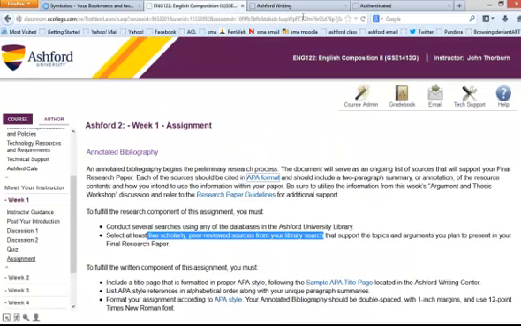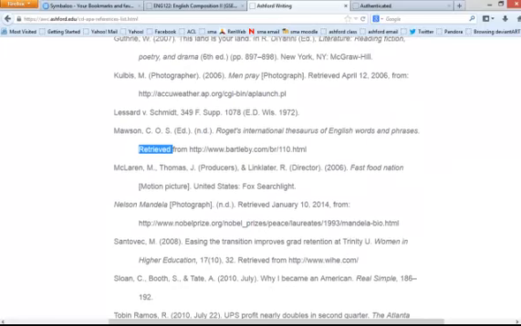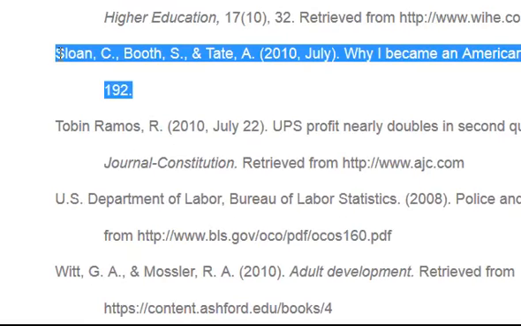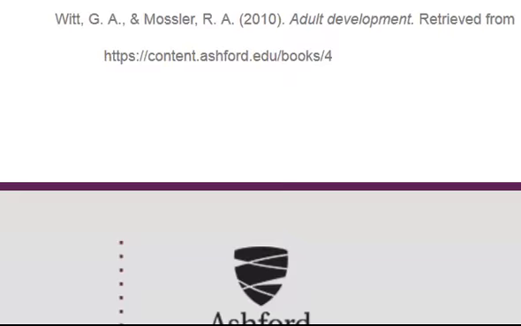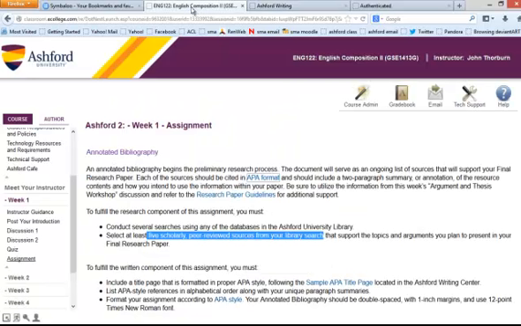And underneath those citations, this is where you're going to write your paragraphs. So you'll have a citation, and then underneath that you'll have 2 paragraphs summarizing what that book or article is about. Right? So please make sure that you follow the directions carefully on this.